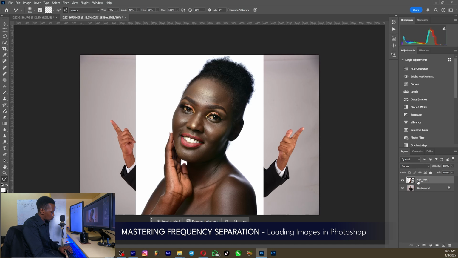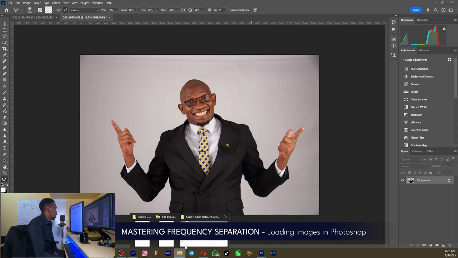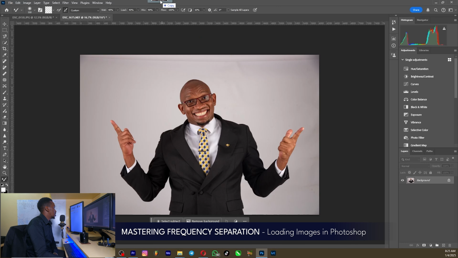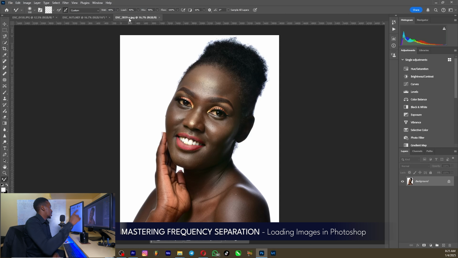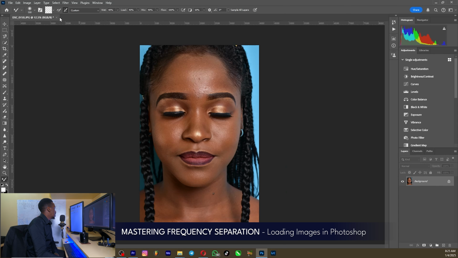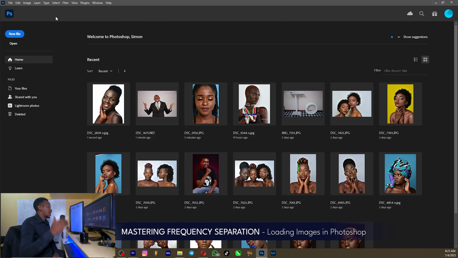But what I was supposed to do, let me delete that. I was supposed to drag the image, then bring it next to the title bar of the previous image, like right there, then release it here. And now you can see the difference is it opens in a window of its own. Okay, so the second way of opening images in Photoshop, let me close all of these, is from the open